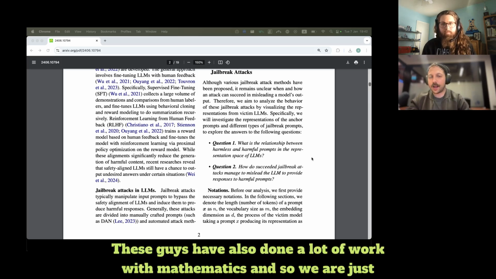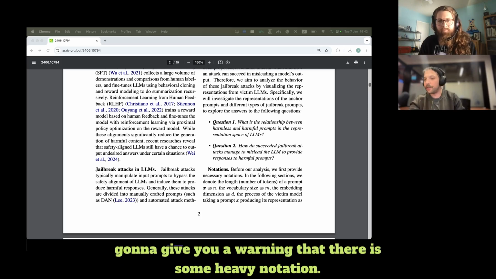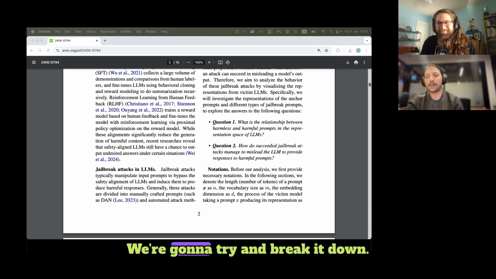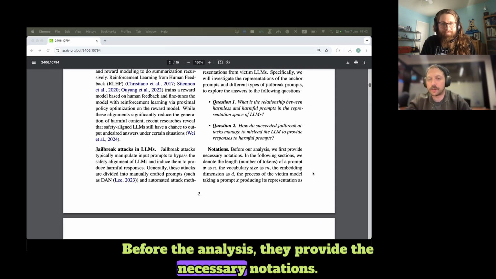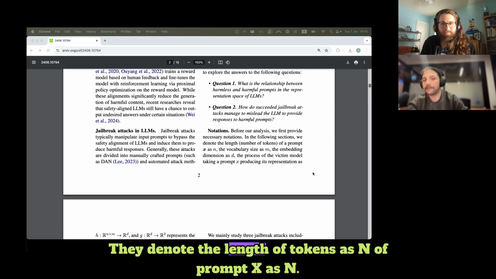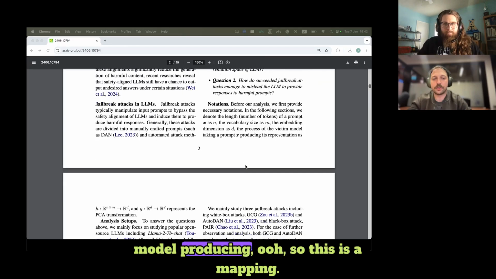So these guys have also done a lot of work with mathematics, and so we are just going to give you a warning that there is some heavy notation. We're going to try and break it down. Before the analysis, they provide the necessary notations. They denote the length of tokens as n, of prompt x as n, vocabulary size of n, embedding dimension as d, and the process of the victim model producing